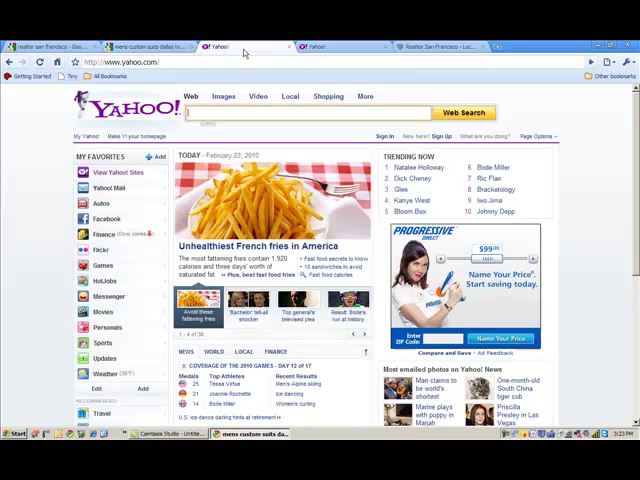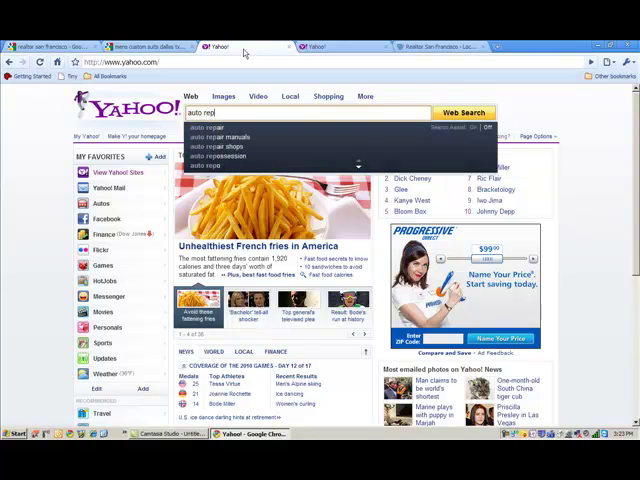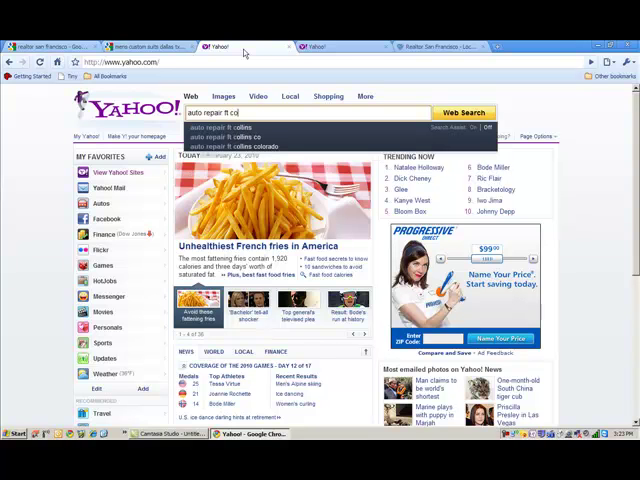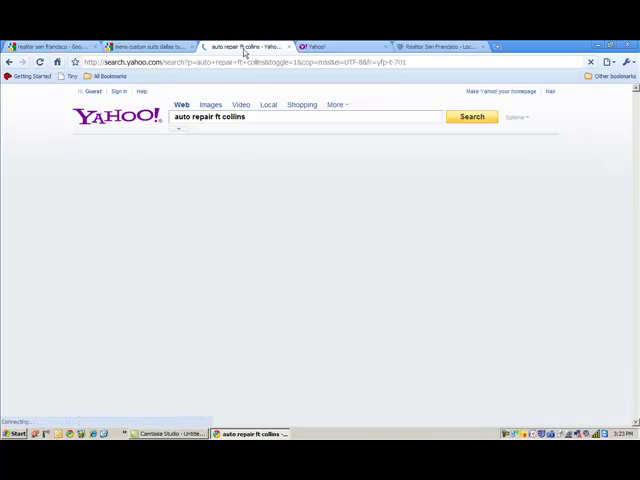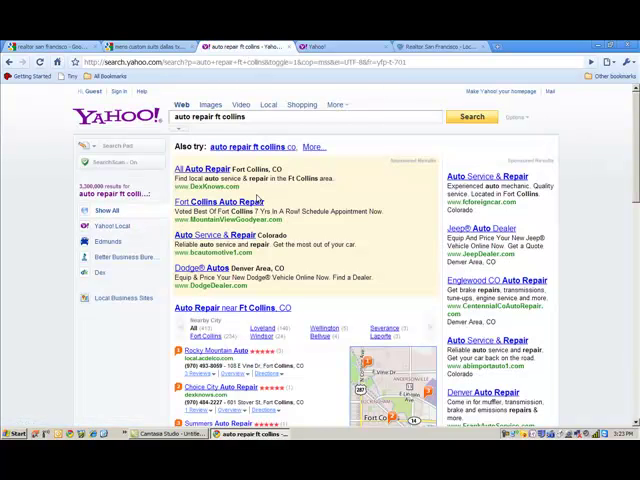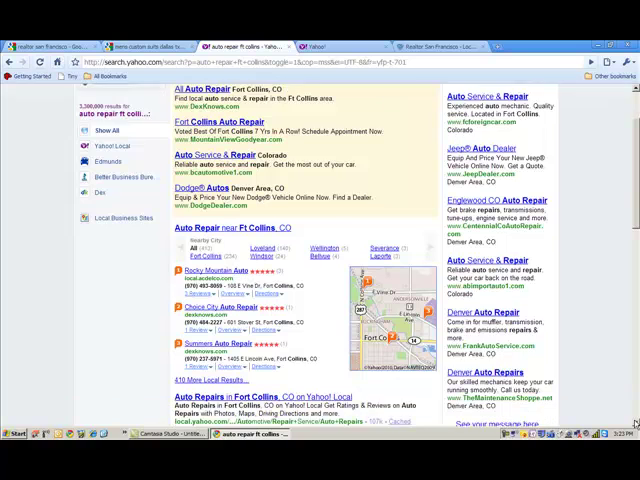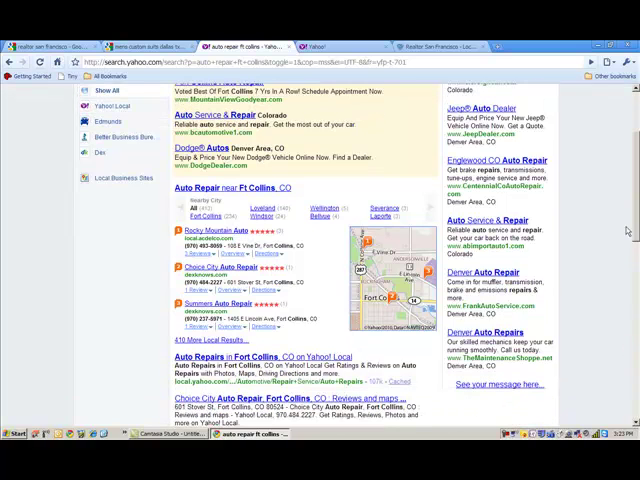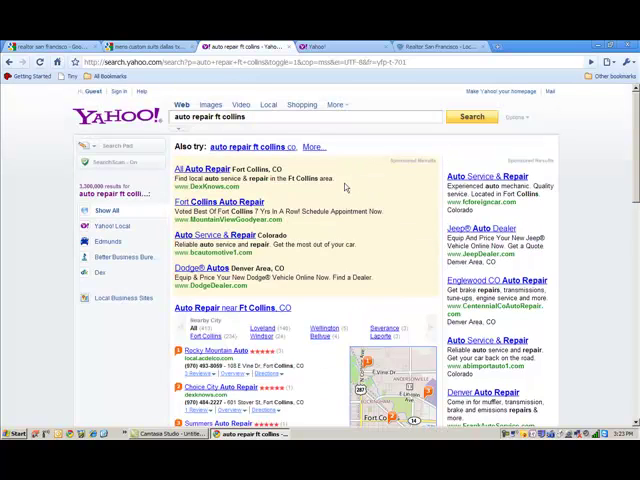Let's go over to Yahoo, and let's go to auto repair, and let's do this, we've got an advertiser in Fort Collins, and so I hit enter, and let's see if it shows up. And unless it's down here at the bottom, it doesn't look like that one came up. So let's go back over and let's try